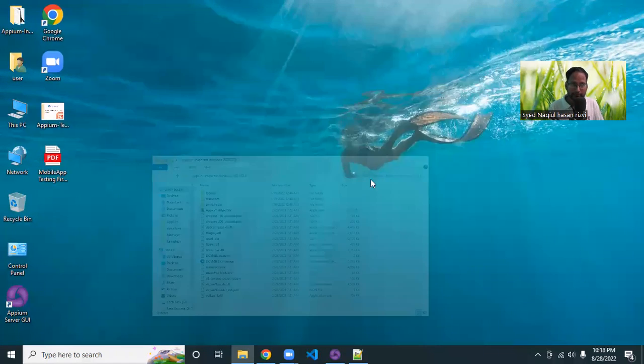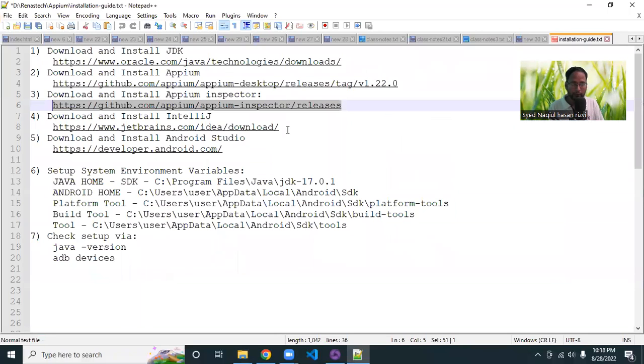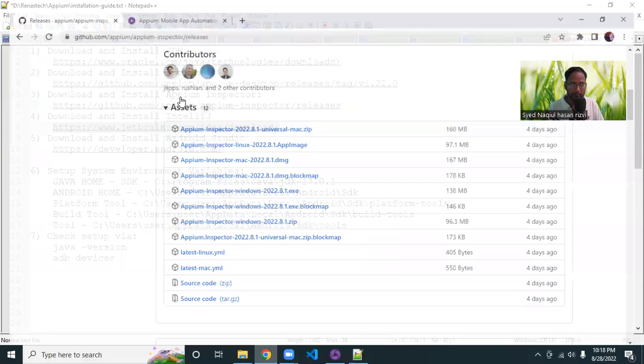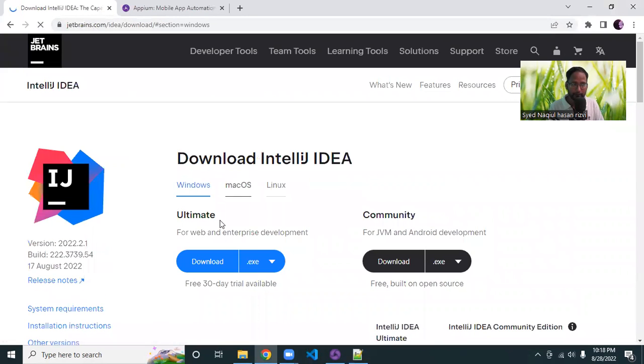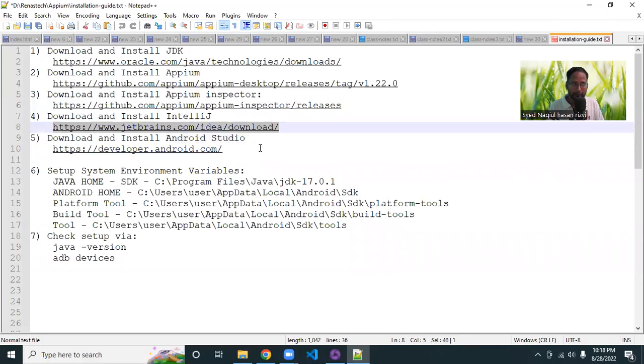The next step is to download any editor, right? Either IntelliJ or Eclipse, right? So we will use IntelliJ in this series. So just copy this and go to the browser and download IntelliJ IDEA from here. Okay. Once you download IntelliJ, just go to